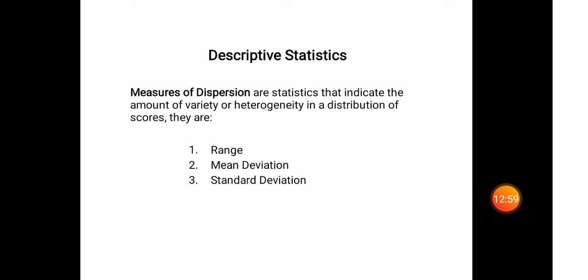Sometimes we will get a negative value, sometimes a positive value. In order to avoid this sign, in the case of mean deviation we will take the absolute value. As you know, the absolute value of minus 3 is 3 only, the absolute value of plus 3 is 3 only. We are ignoring the sign there. Once the absolute values are calculated, we add all these absolute differences, and then divide by the number of observations. And this is what gives us the mean deviation.